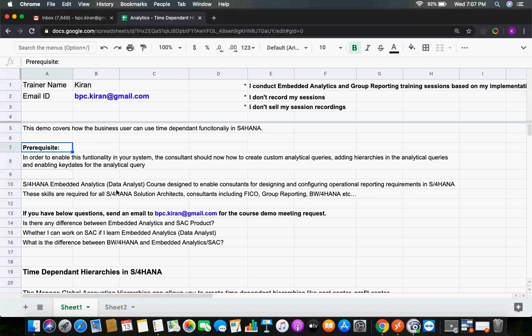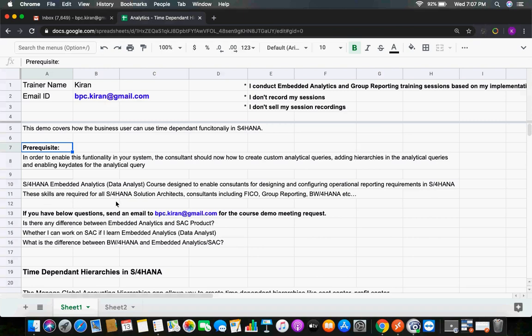S/4HANA embedded analytics, so now you can call it data analyst. This embedded analytics course covers this time-dependent hierarchy functionality, custom analytical queries, adding hierarchies and some other functionalities, designed to enable consultants for designing and configuring operational reporting requirements in S/4HANA.